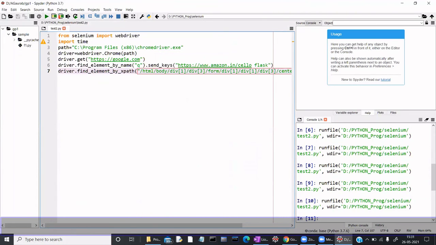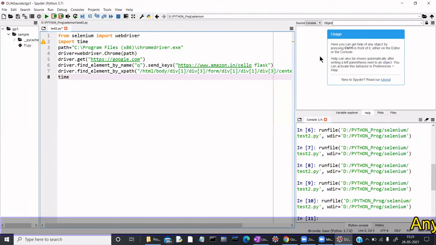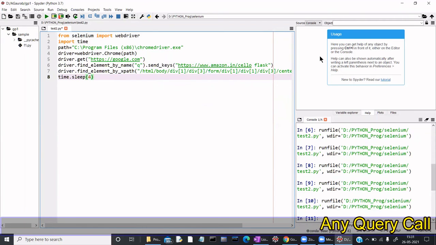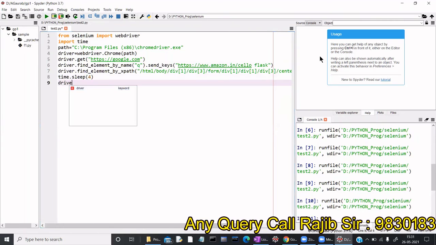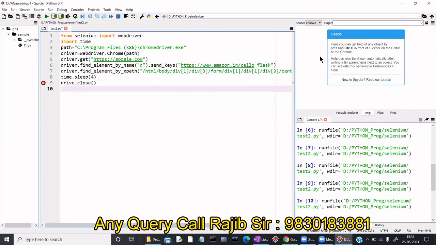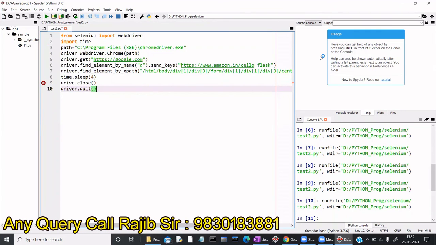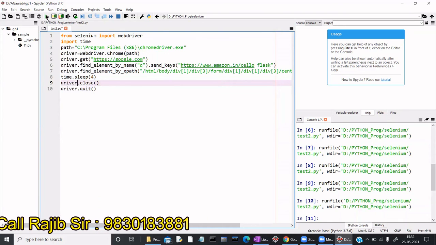So the main part is over. As you can see, I have imported time. So now we can call the method sleep. We are passing 4, that is 4 seconds. That means the driver will simply last for 4 seconds. Then we will close the driver and also quit from it. Let's see, it should be driver. So it's fine. Now running it finally,